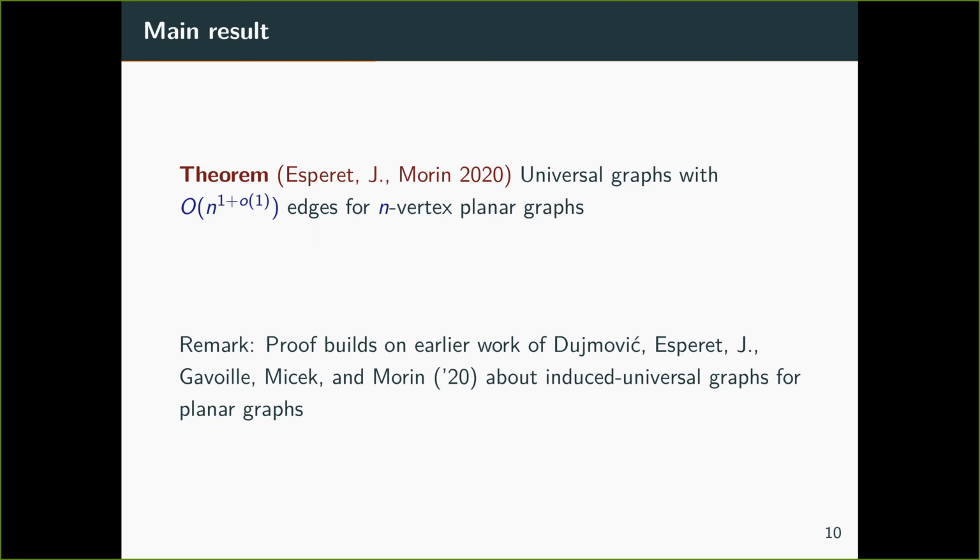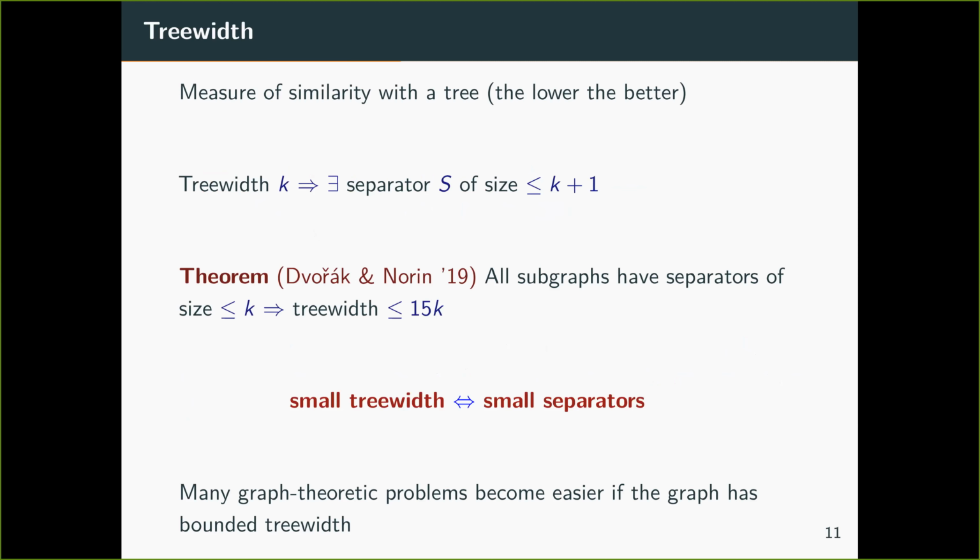So what do we use? Well, obviously, this is a mini symposium about product structure. So as you might guess, we are going to use a product structure, and we are going to use some other tools as well. But let's start with the product structure. The product structure involves graphs with typically bounded tree width, right? So typically you look at the strong product of a bounded tree width graph and a path.